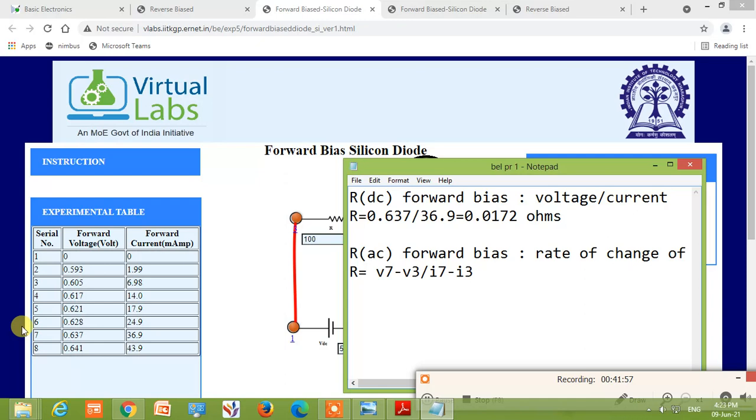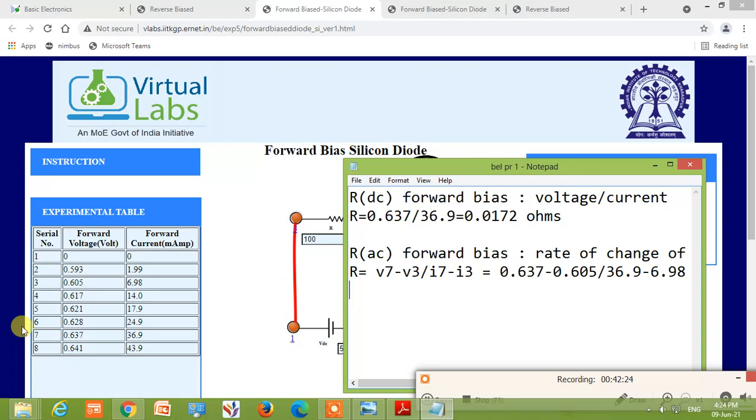So this will be equal to, V7 is 0.637 minus V3 is 0.605 divided by 36.9 minus 6.98.